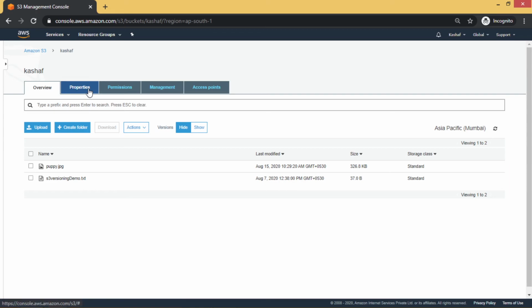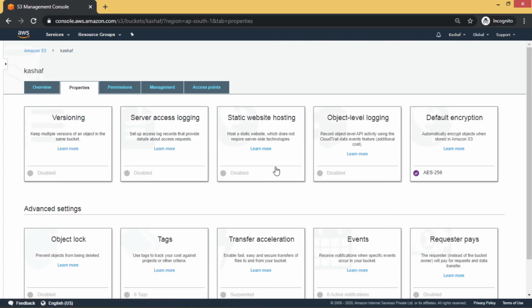So where can you see if it is encrypted or not? You can go to properties and there is the default encryption. Here you can enable or disable your encryption. It is now showing AES 256, meaning this bucket is already encrypted.